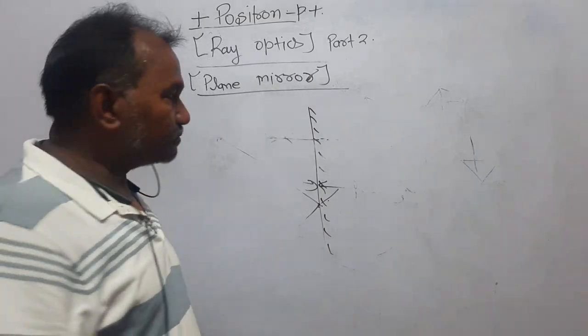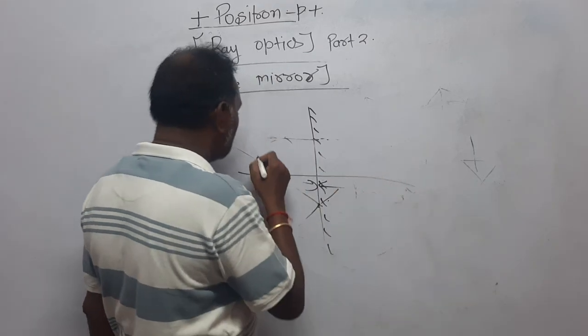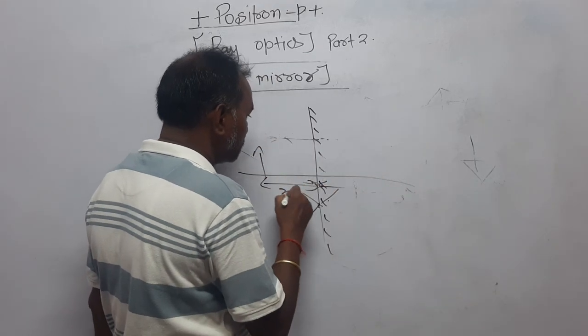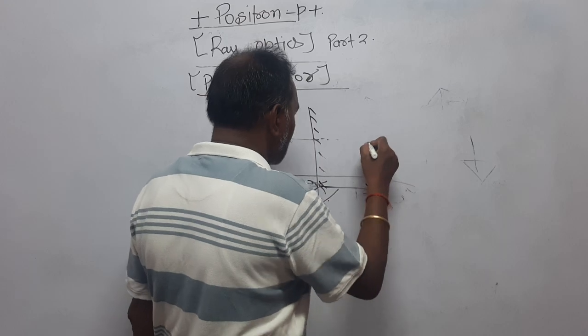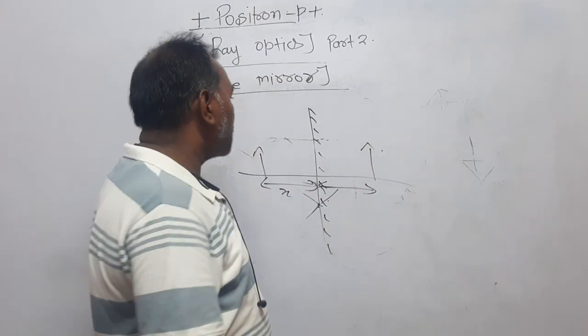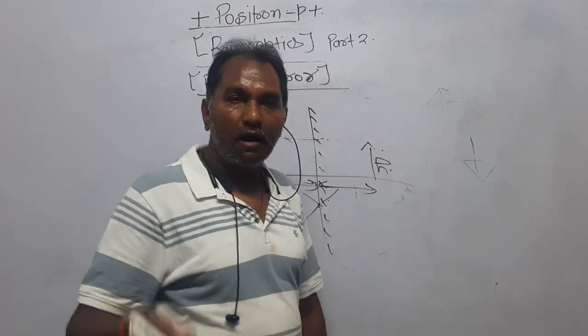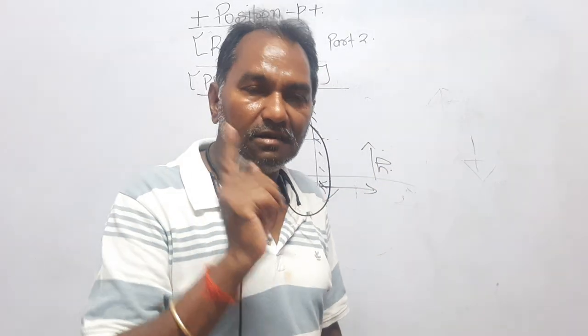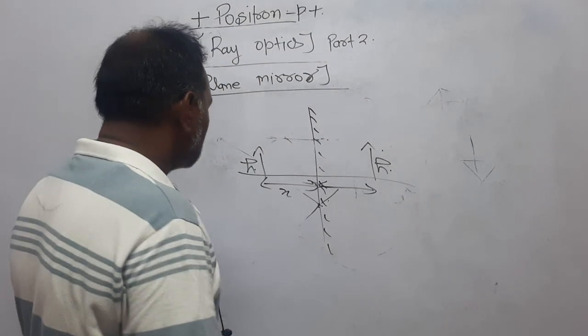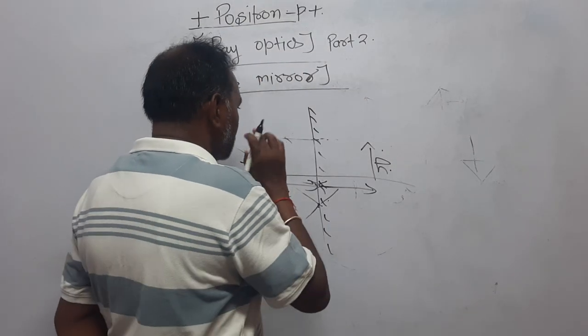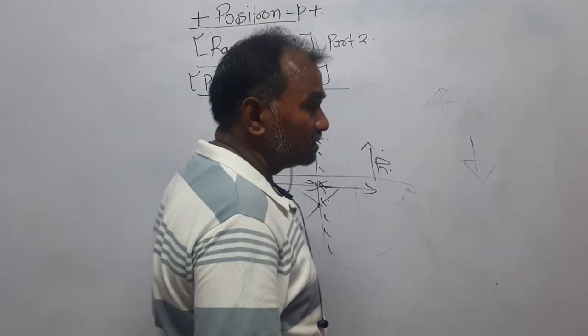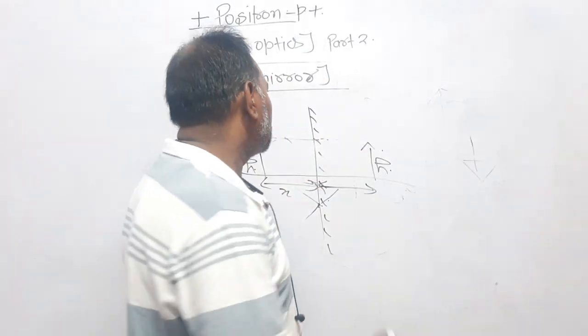So one thing became clear: if the object is x distance away, the image will also be at x distance away from the mirror. If the height of an object is h, then the height of the image will be h. Our image is virtual and erect. Now, dear students, what I said is that the image is virtual and erect. What should be the minimum height of a mirror so that you can watch the complete image? That is, if your height is small h,